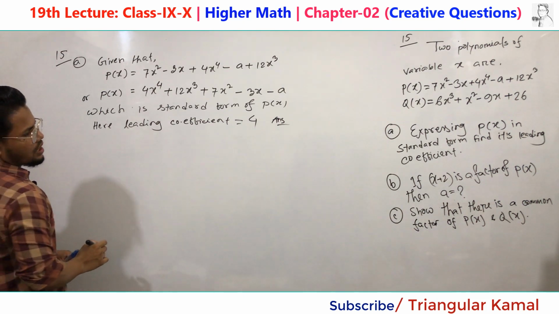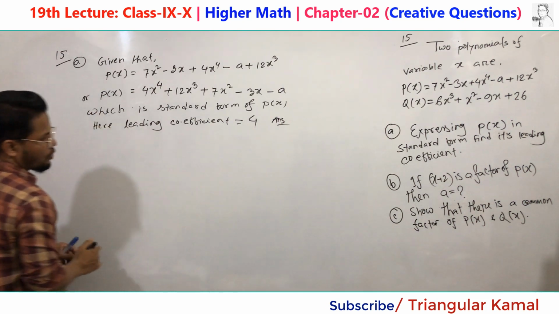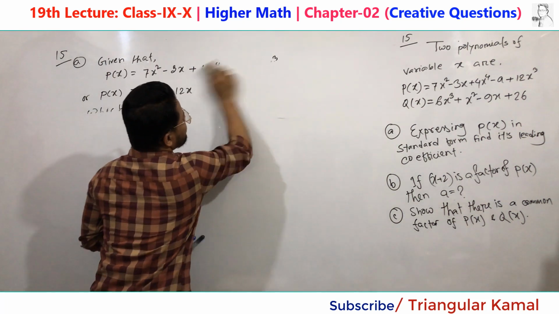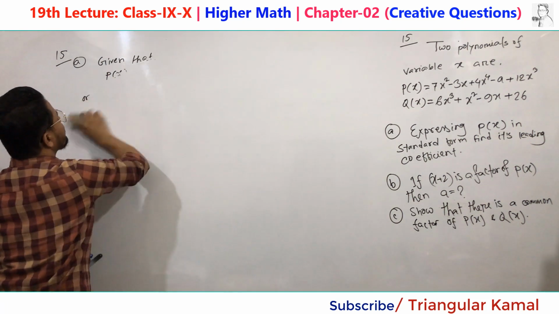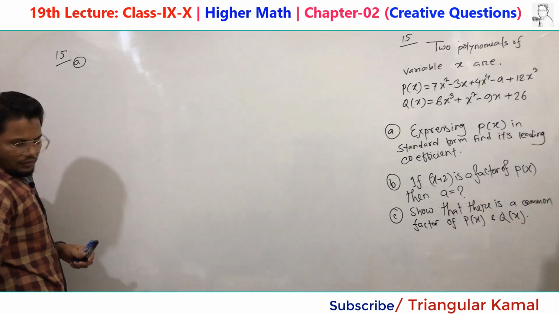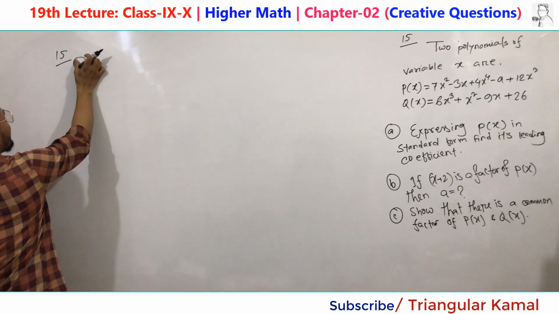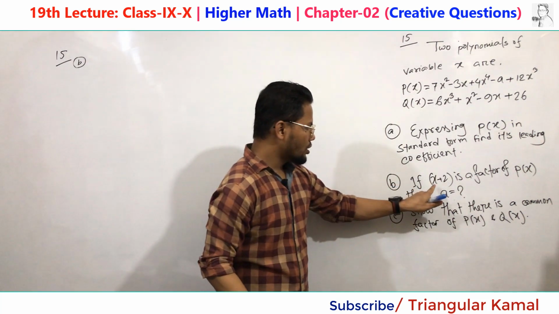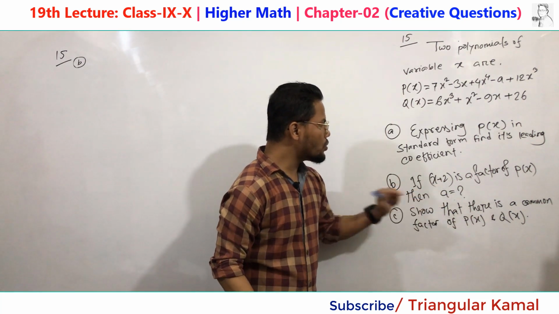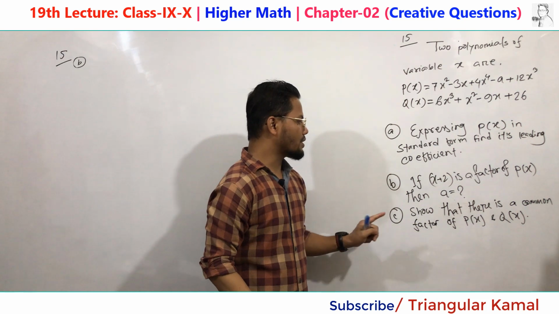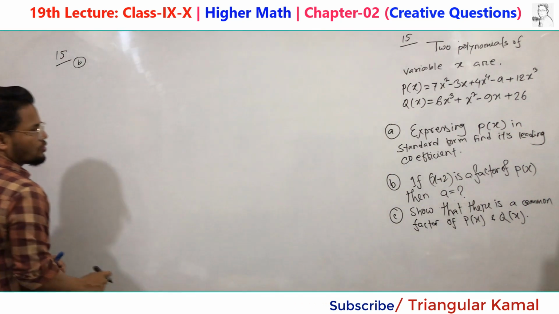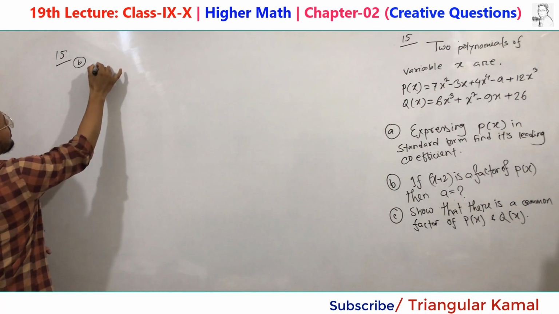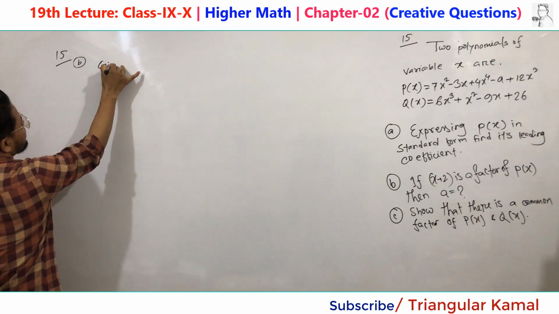And now give attention to question number B. Okay, we start from question number B. Here, if x plus 2 is a factor of p of x, then a will be what? So we have to do this by using the remainder theorem. First, given that